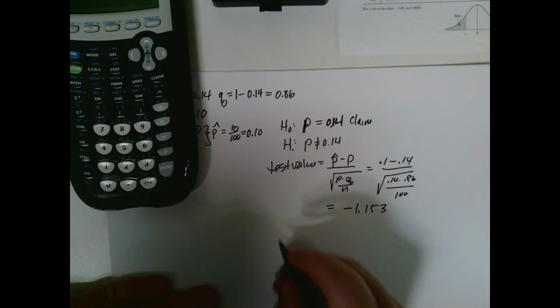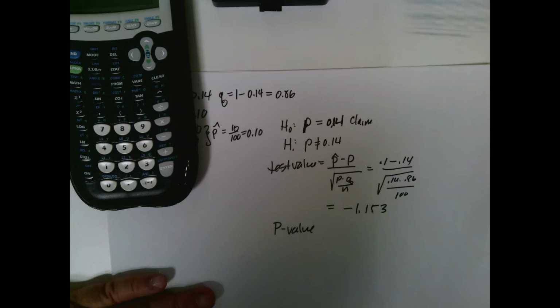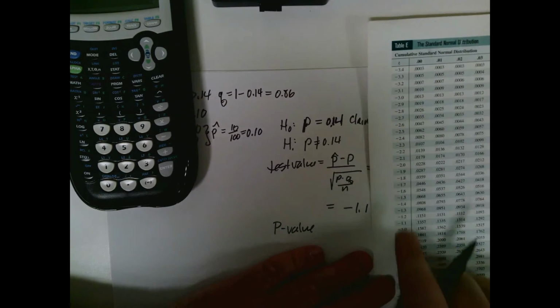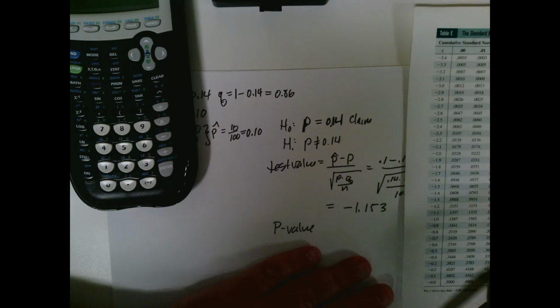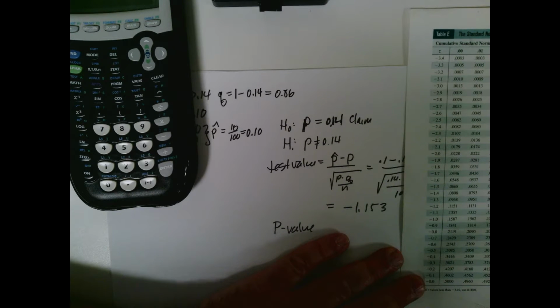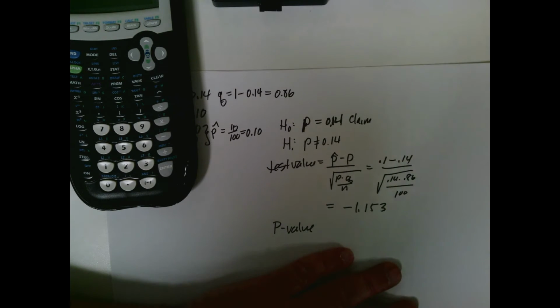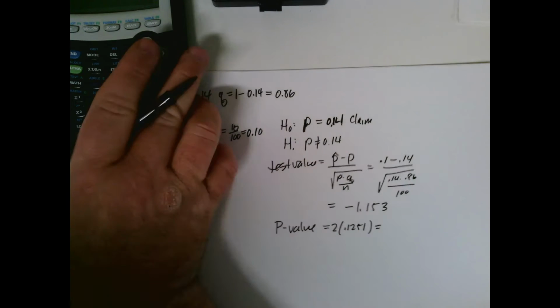Alright, so now we need to find the p-value. So we just take the number we looked up, negative 1.5, because that's the closest, so that we go up to negative 1.5. Oops, I'm looking in the wrong spot. 1.5, which is 0.1251. So our p-value is 0.1251, but because it's a two-tailed test, we double it. So that would be